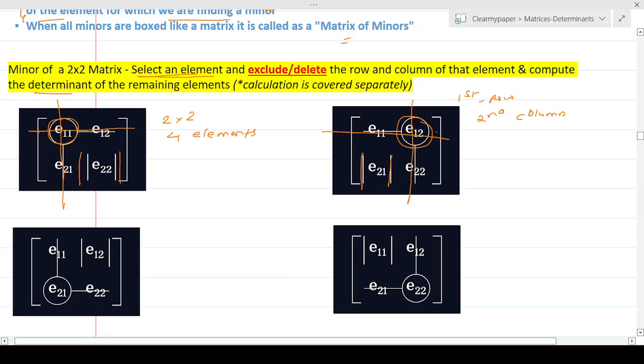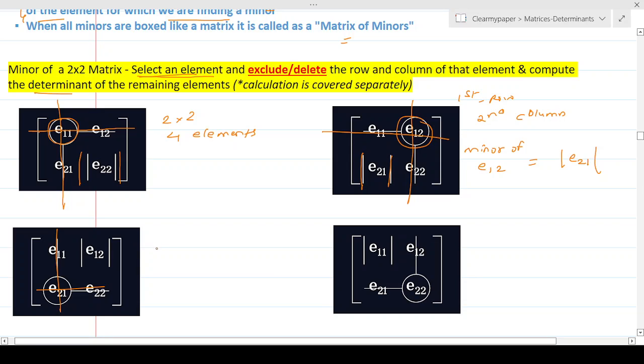So the minor of E12, the element whose row and column I deleted, will be nothing but the determinant of the remainder of the element over here. Similarly, over here, since this is the element I'm talking about, I'm deleting this row and this column.